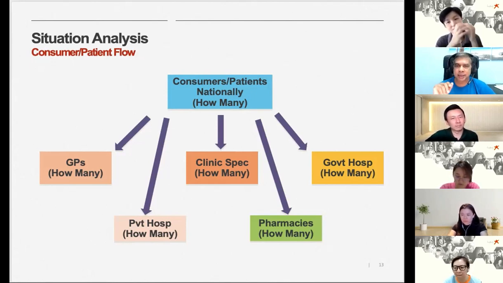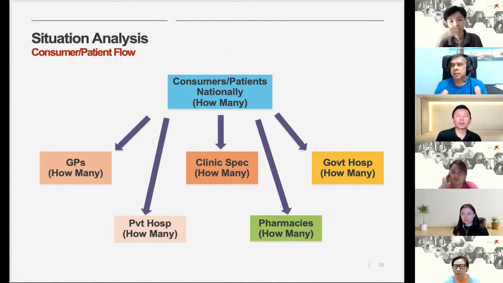Now, I asked Enki a question just now. How do you know this will work? Actually, it works because if you look at the number of diabetics in this country, one of the reasons they are diagnosing more is because of educating the people. I'm talking about the diabetic companies, together with the government, educating the people, telling them, go for diagnosis, take your blood test. Just go and take a blood test. For years, they've been telling this. And that's why we find that the screening of diabetic patients now has gone up so much.